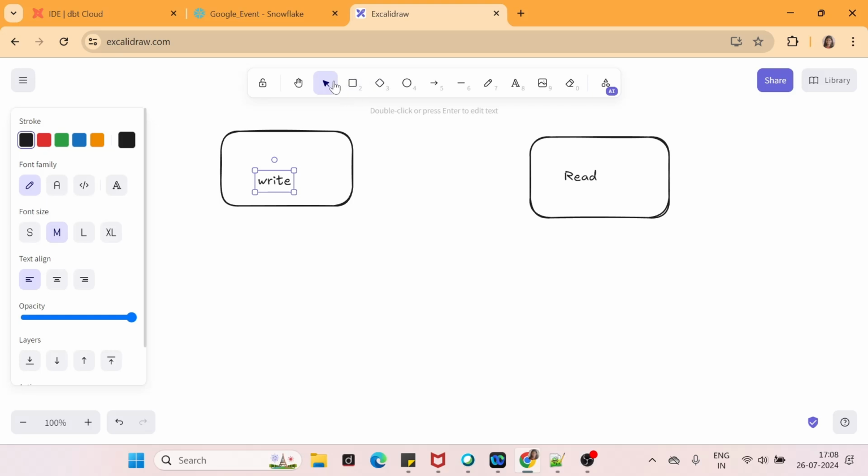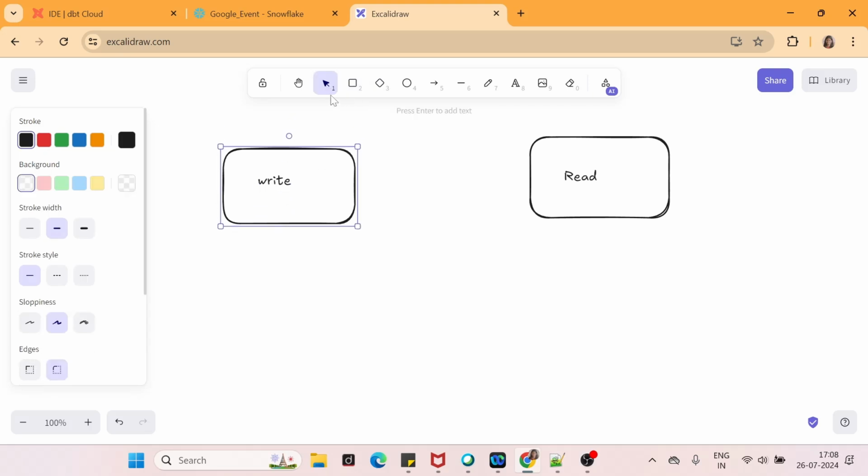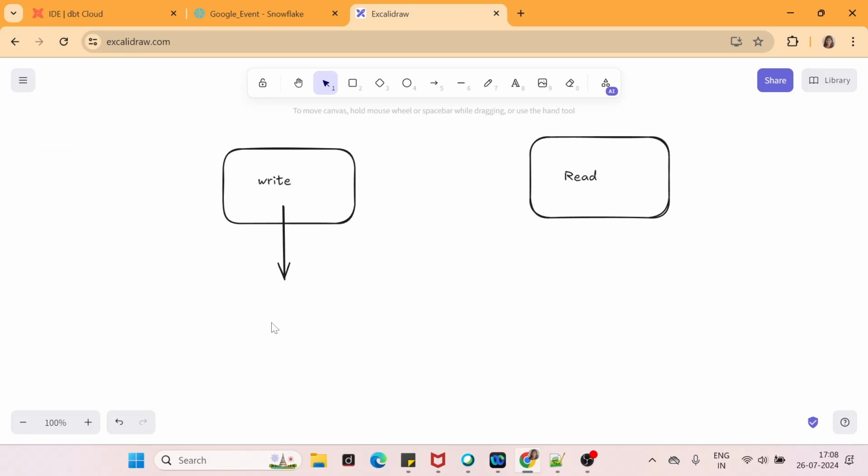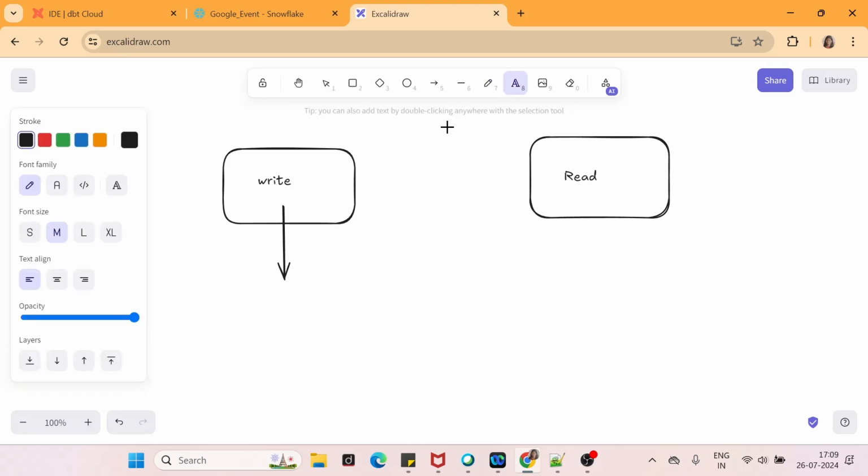So in the write command, what happens, these will perform actions that change data or metadata in your data platform, which in our case is Snowflake, right?